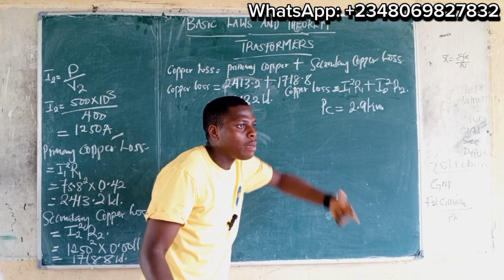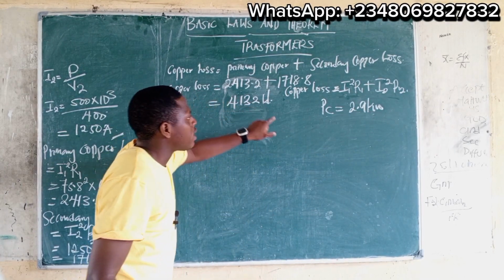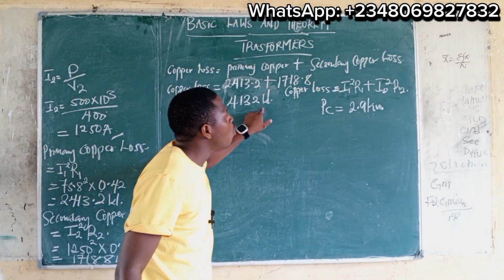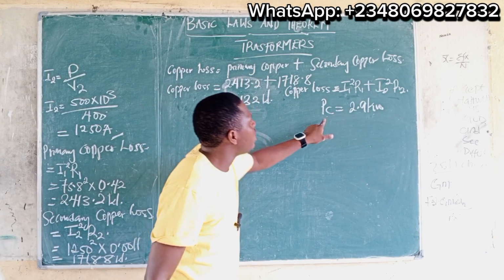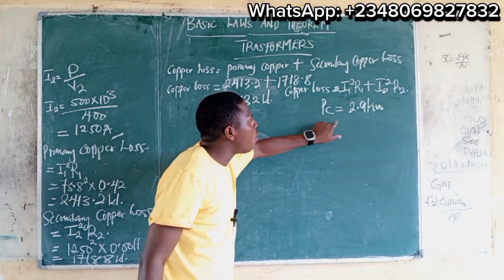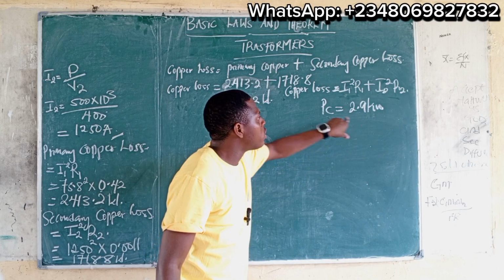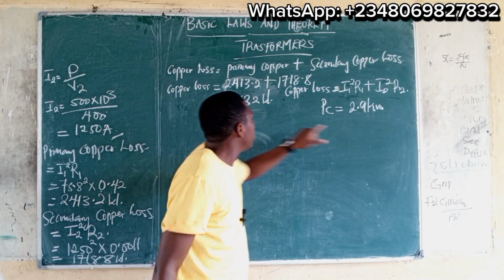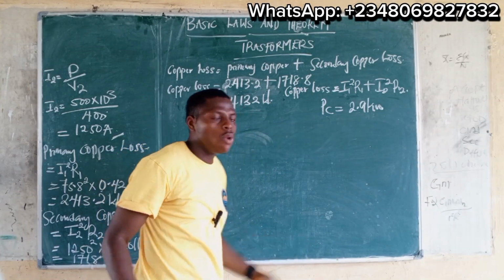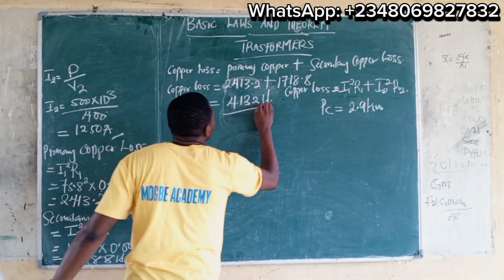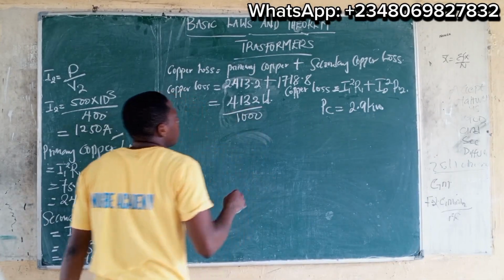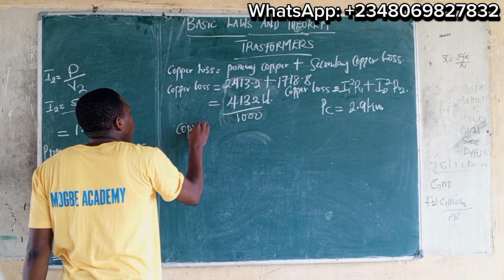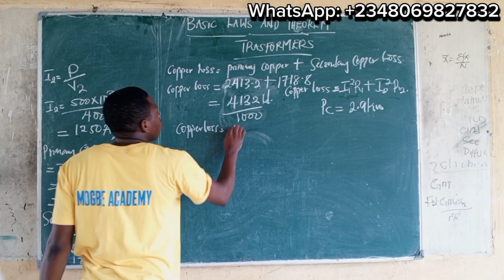2.9 kilowatts. Now what I'm saying is, we have this as watts and we have this as kilowatts. Let's convert this loss to kilowatts. Or better still, you can convert your iron loss from kilowatts to watts. But since we are given this as a constant in kilowatts, let's convert our watts to kilowatts. So to do that, you simply divide this by 1000. Now if you do this calculation, you simply have our total copper loss to be